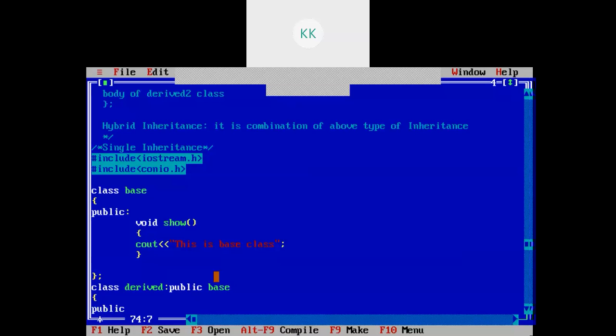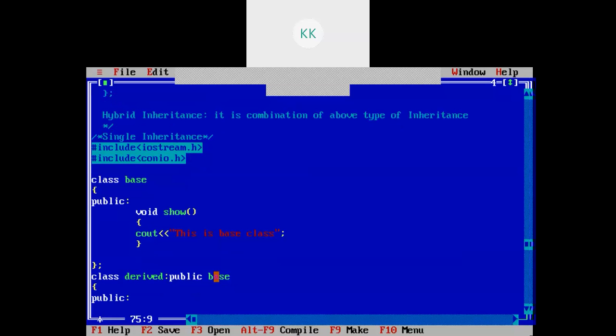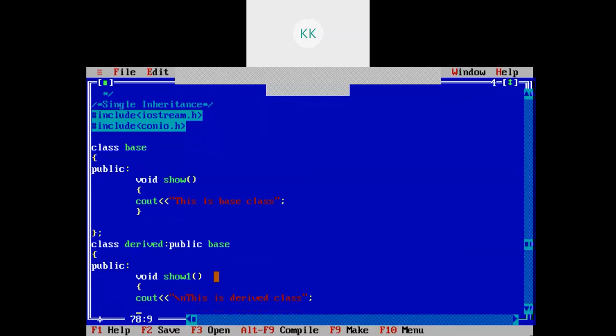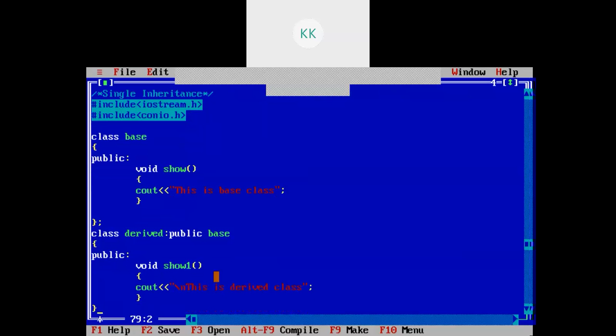Again I will write public, then void show1. Here I will simply write cout, this is derived class. And here I will end this class as well.